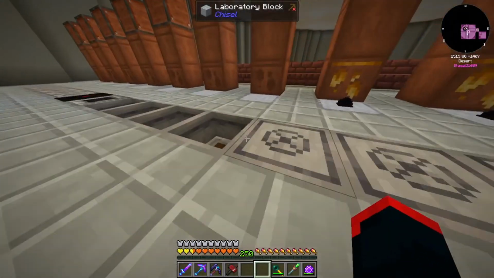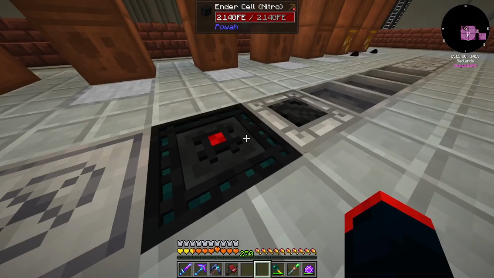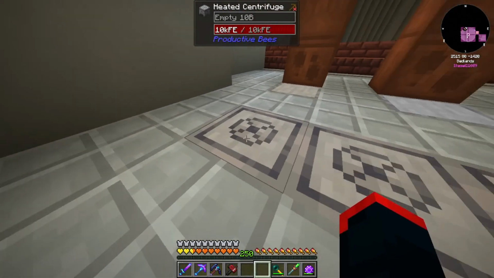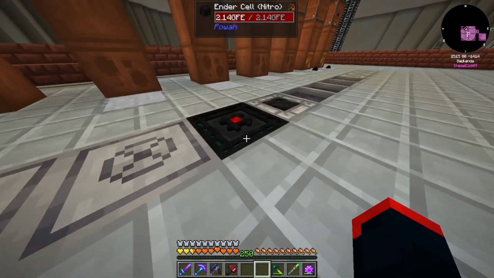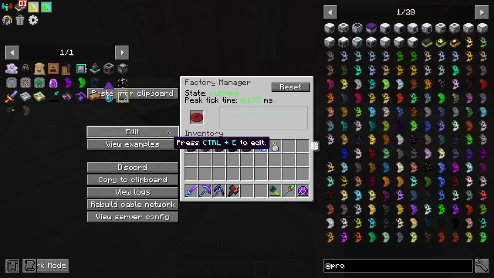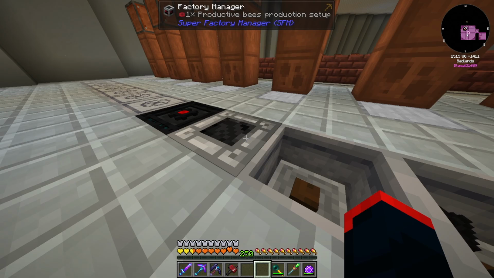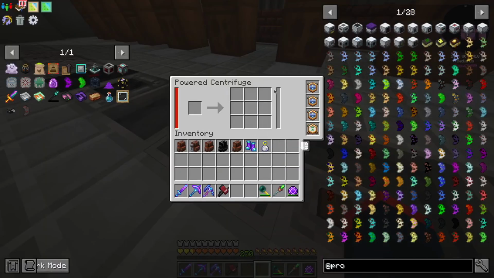So yeah, pretty much everything is connected, and I'm powering it with the ender cell as always. Now that's pretty much it, and the code is this. Now I mean, it is actually already working,